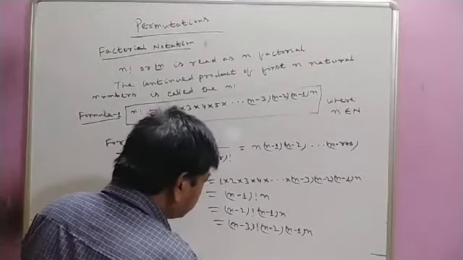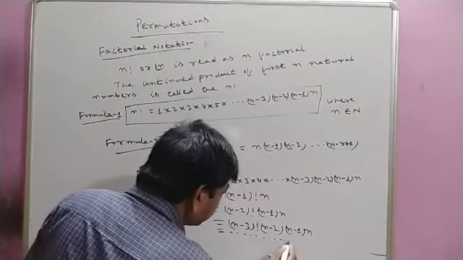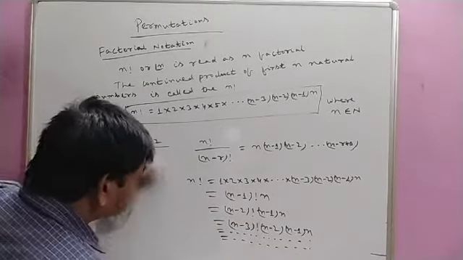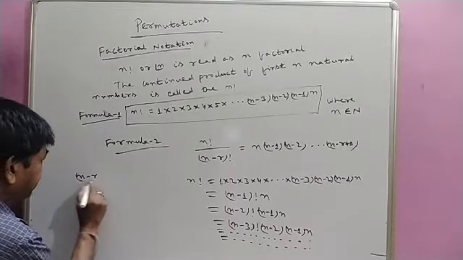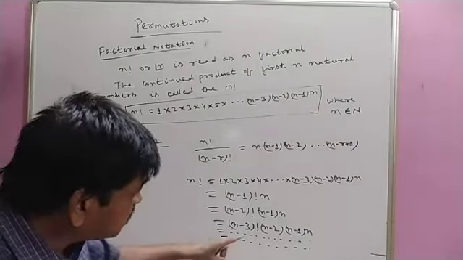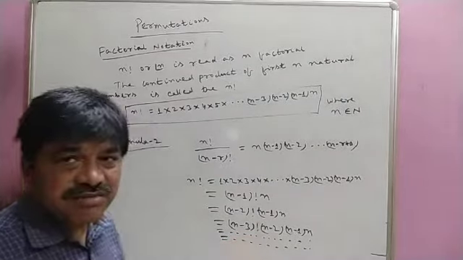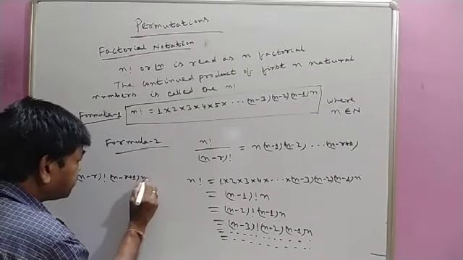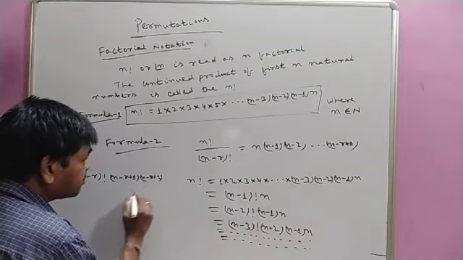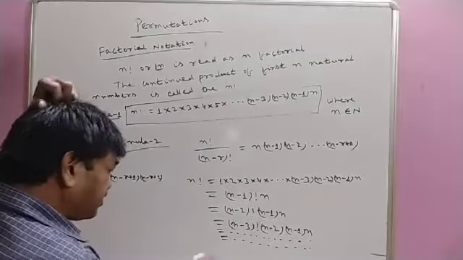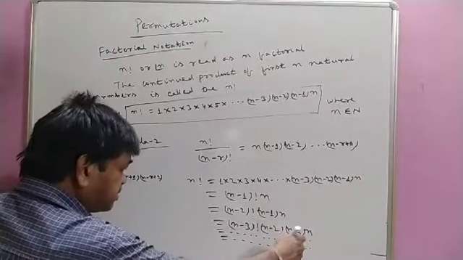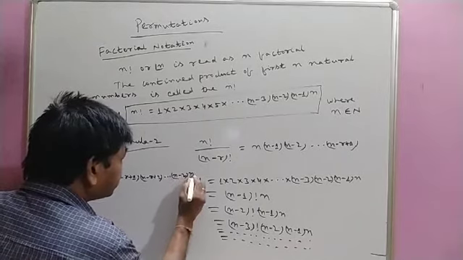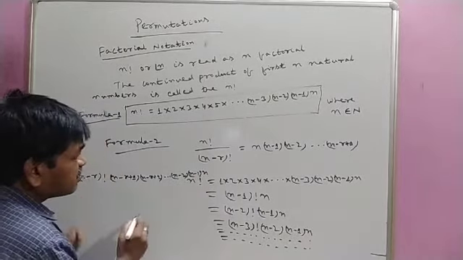So like this, it will continue up to, suppose, r factors. This we can write here. It will be n minus r factorial into, you see, when it is n minus 3 factorial, the next one is n minus 3 plus 1, that is n minus 2. So this will be n minus r plus 1. The next is n minus r plus 1 plus 1, means n minus r plus 2. Then after this, the last factor will be n. It will come back, n minus 1, so it will be n minus 2 into n minus 1 into n. This is what we have done here.